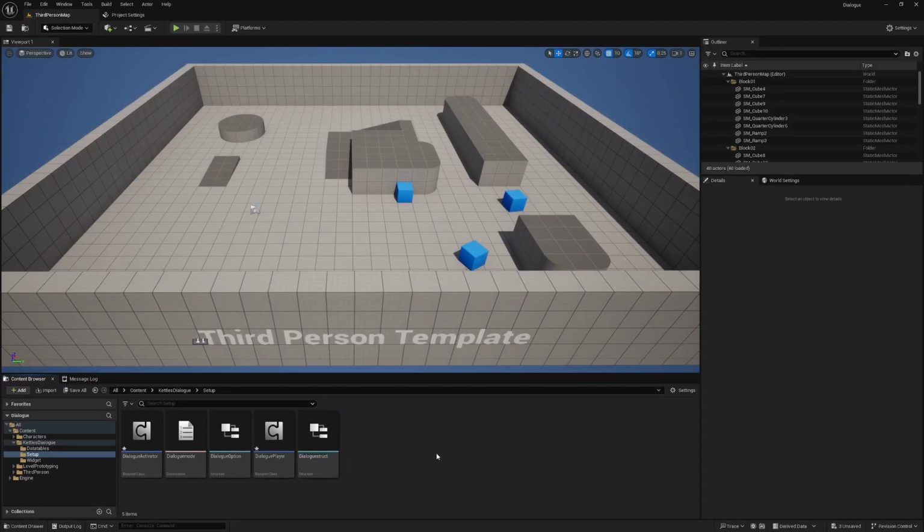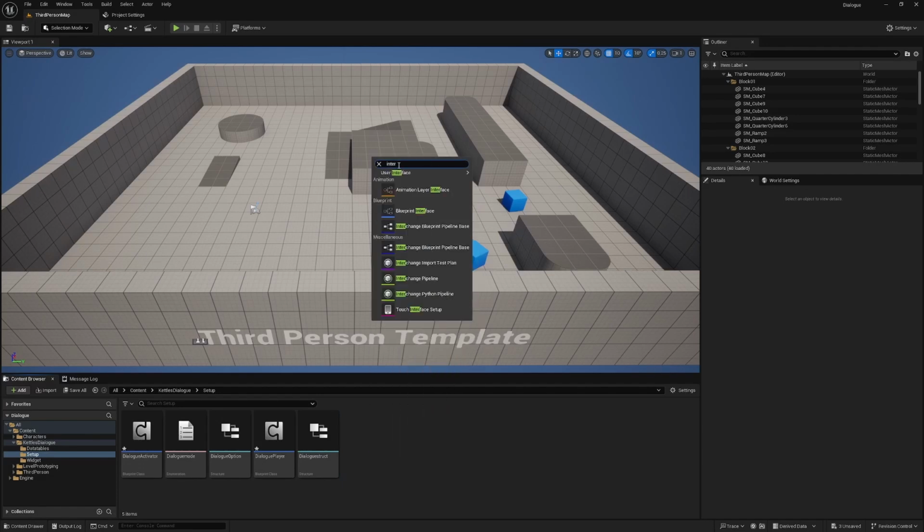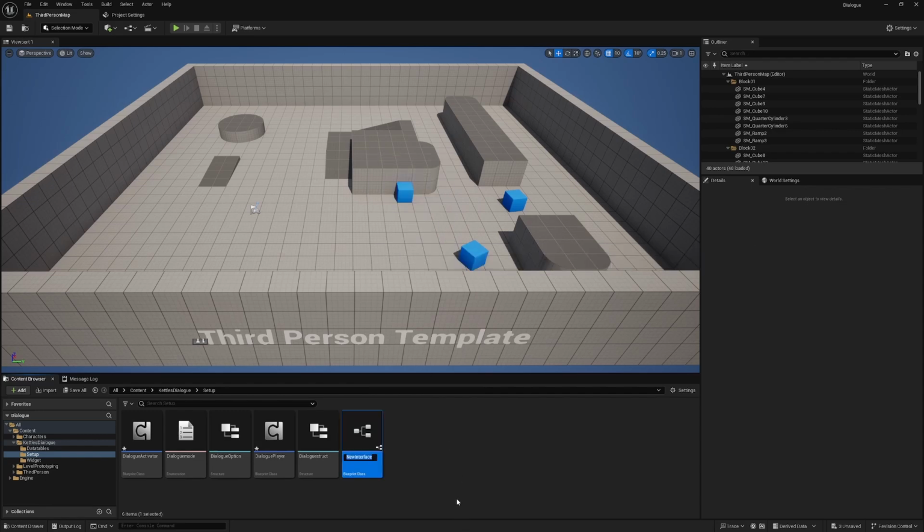Now, the last thing we need to make here is an interface. A blueprint interface, and this is going to be called dialogue interface. And this is basically what's going to activate or send data across different blueprints to activate the dialogue system. So we want to go inside here,